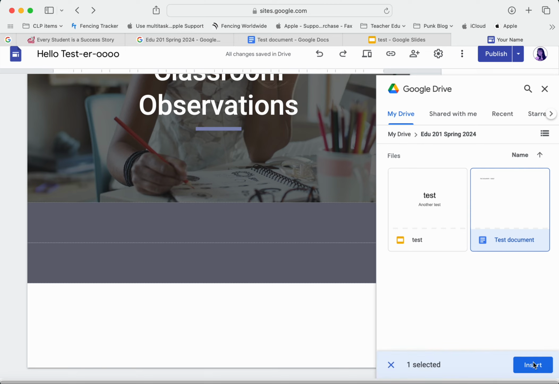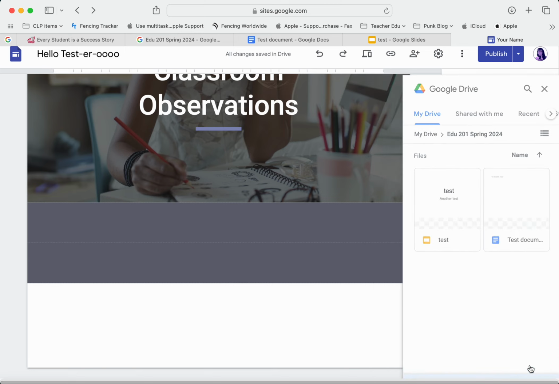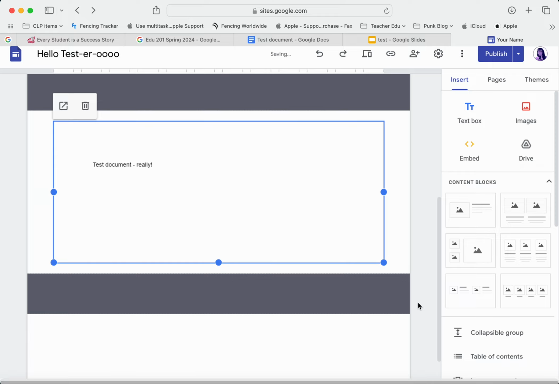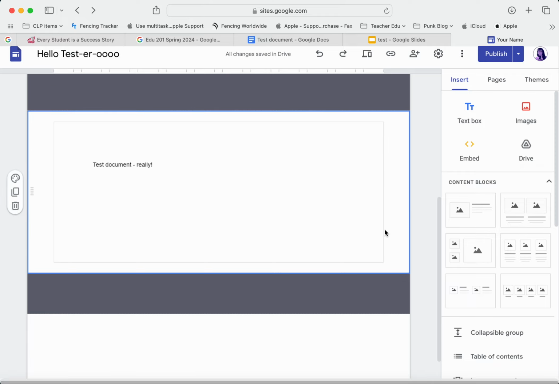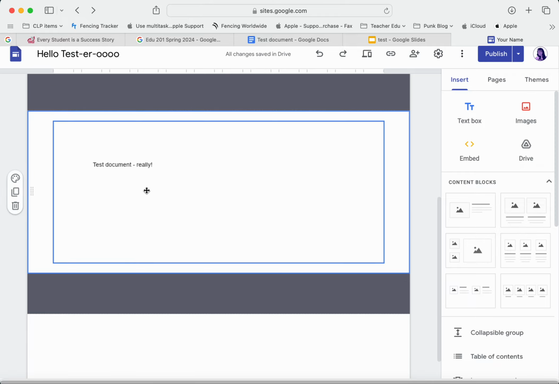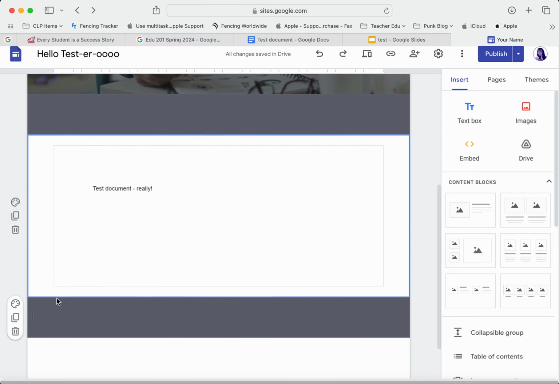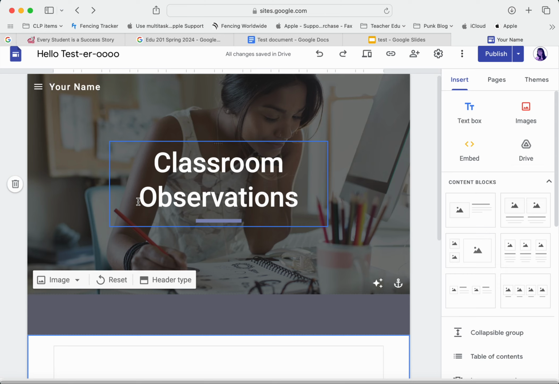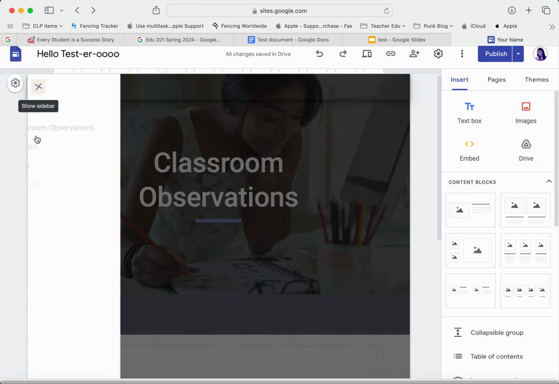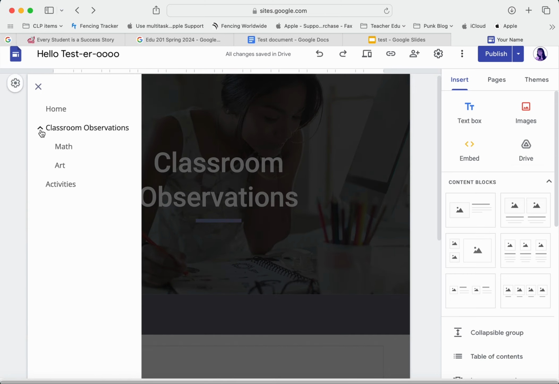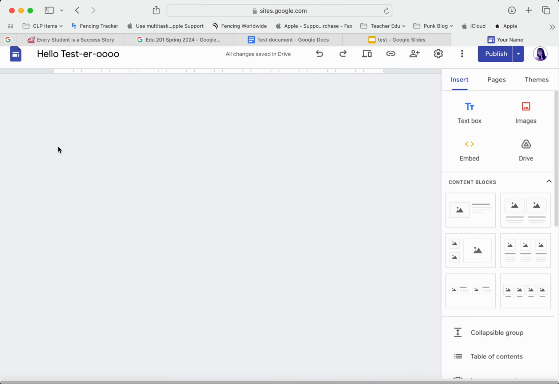So I click on it, and I go to the bottom and click Insert. Oh my gosh, there it is. That's it. There's my test document. Very, very cool. So that's my observations. Another thing you're going to have to link is your